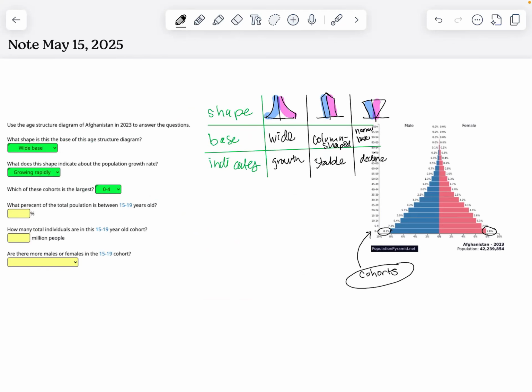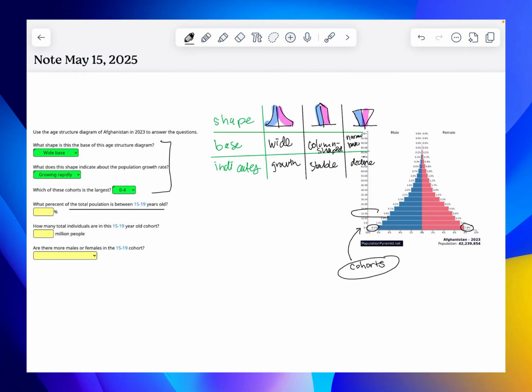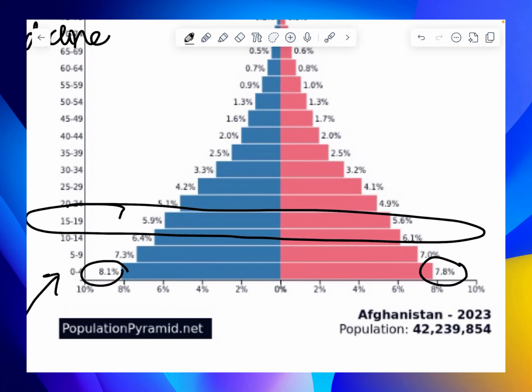So those first few questions are just going to be determining what type of growth you have, what type of pyramid is shown, what type of age structure diagram is shown, I should say, and which cohort is the largest. And then you will be asked to go to your chart, and you can see where it says 15 to 19, and you'll have to